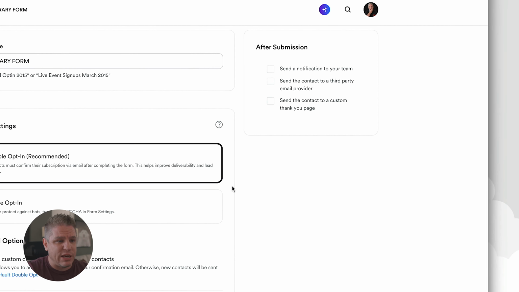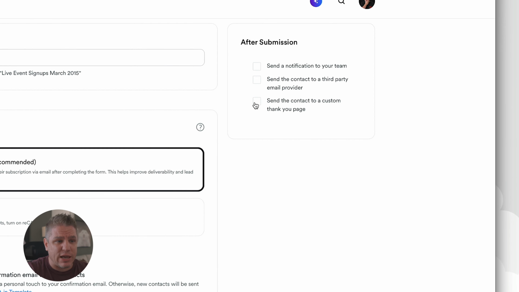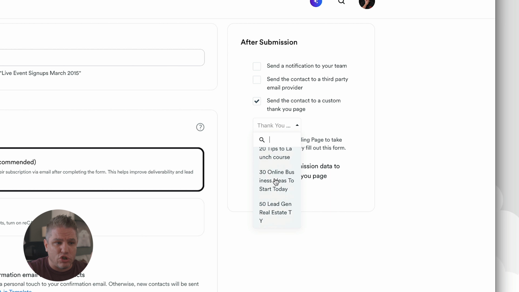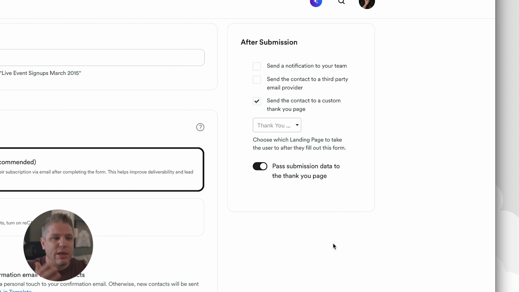We talked about sending people to thank you pages over here on the right-hand side. If you click on this, send the contact to a custom thank you page, this is where in your drop-down menu you can choose one of, as you can see here, my landing pages. So you can choose a landing page to send people to. Basically, you create one of those thank you pages, you grab a thank you page template, and you can send them to a thank you page from here that you've customized